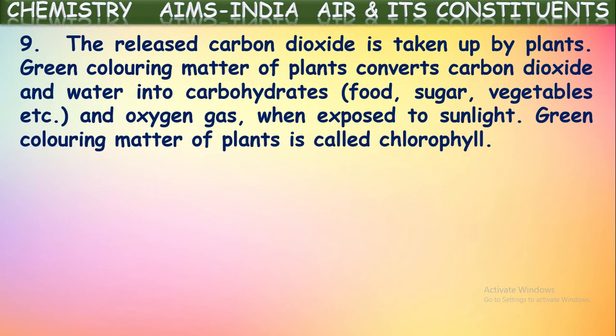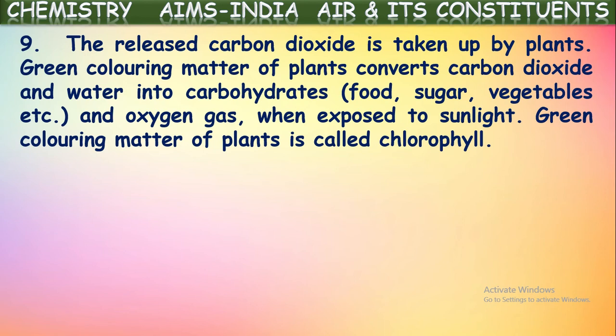Next, the released carbon dioxide is taken up by plants. The green coloring matter of plants converts carbon dioxide and water vapor into carbohydrates and oxygen gas when exposed to sunlight. Yes, in the respiration process by human beings and animals, carbon dioxide gas is evolved while exhaling. This carbon dioxide gas is taken by the plants. The plants, as we know, have a green color pigment in their leaves, which is called chlorophyll. This chlorophyll will convert